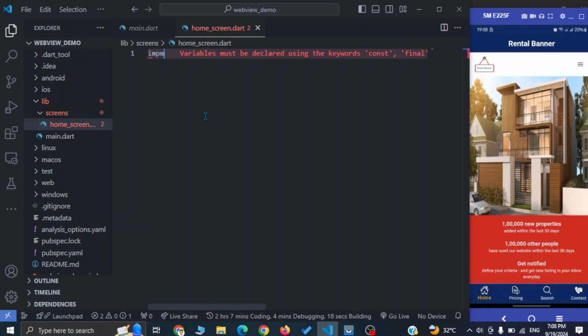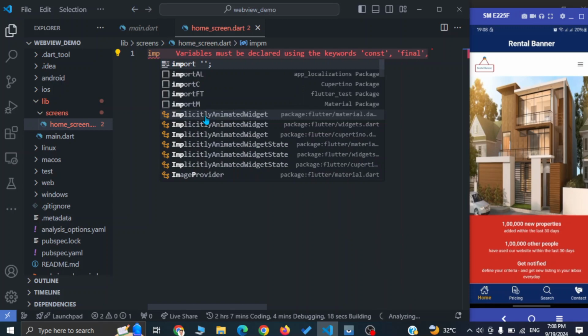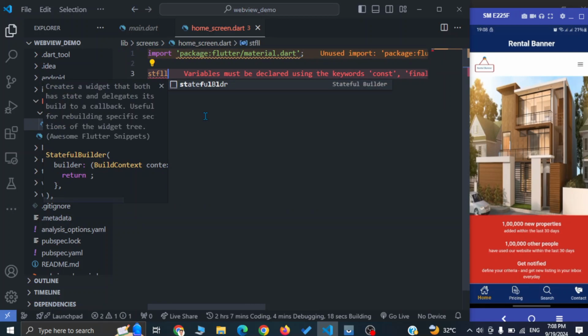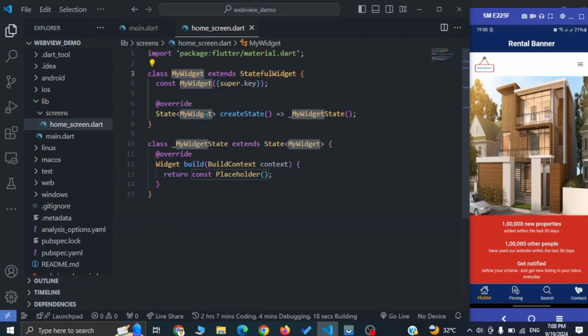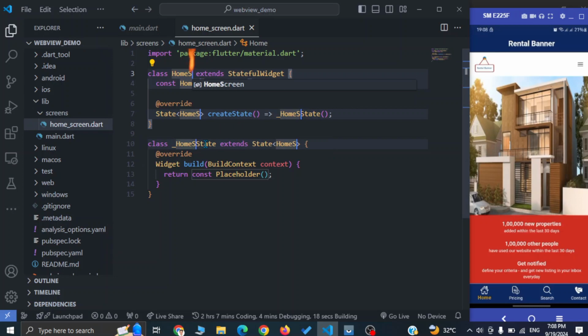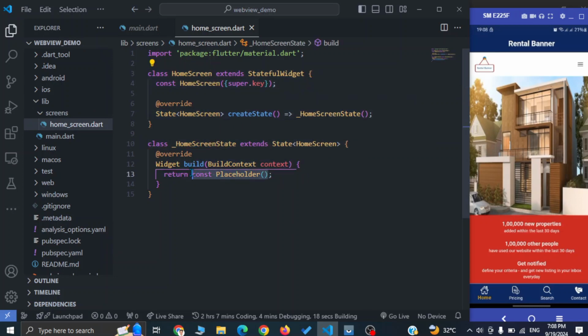First of all, let's import the material package, and then let's create a stateful widget and give it a name. We have named the file home screen, so let's go with HomeScreen. And in the return, let's return a Scaffold,